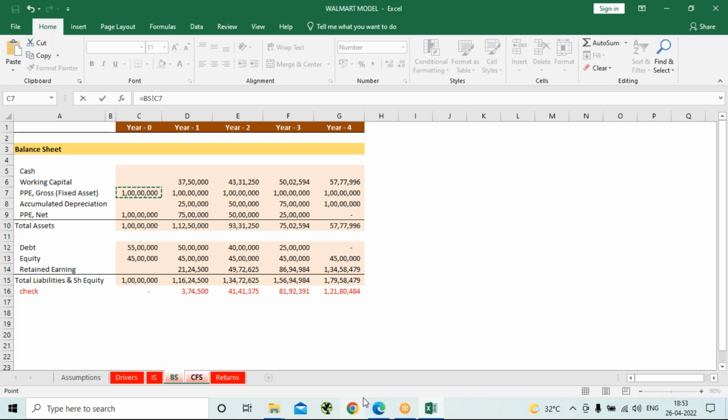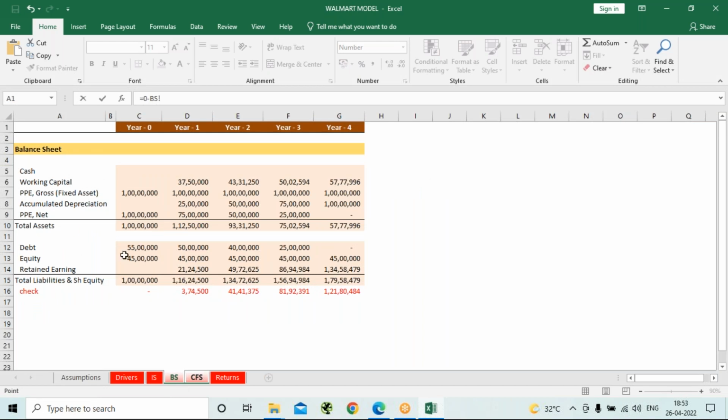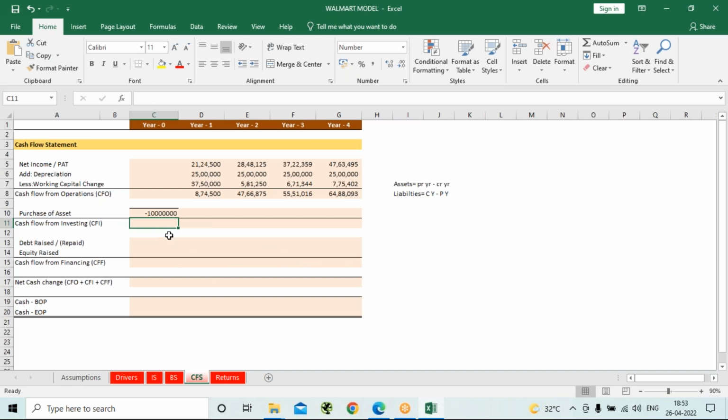Then we also have a formula for assets: it should be previous year value minus current year value. The previous year value was 0. So it should be minus the current year value from the balance sheet PPE gross value. Okay, now if I drag this,